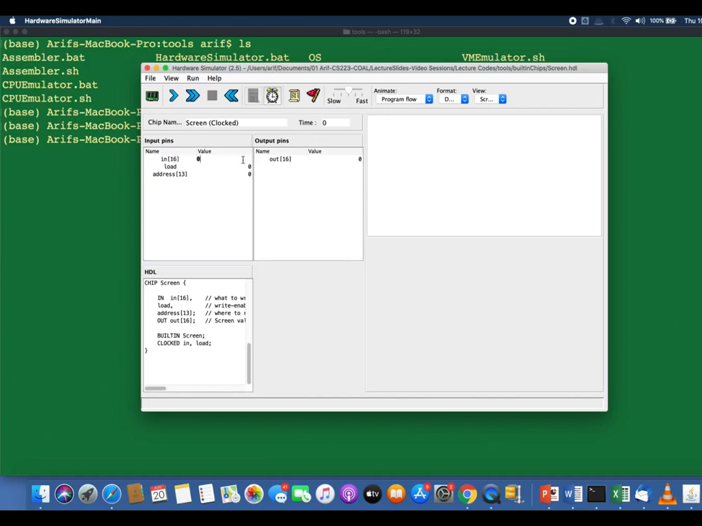Over here I need to place 16 ones, and remember -1 means all ones in 2's complement. Let me change it back to decimal. Let me set the load input to 1 because I want to write, and the address is of course 0. Let me run the clock, a tick and a tock, and you see